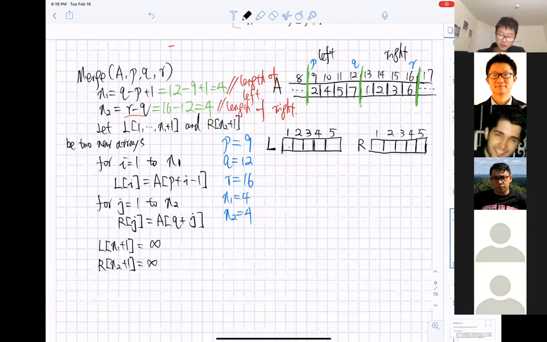Next we are going to execute the first for loop, for I starting from 1 to N1. We have L[I] equal to A[P plus I minus 1]. So here, what do we use I for?